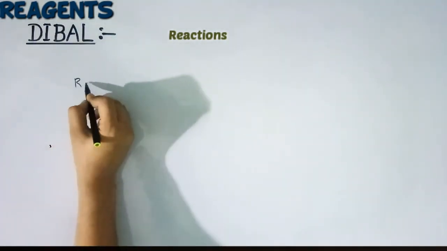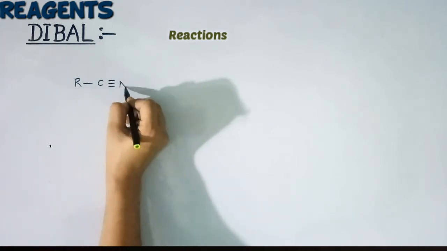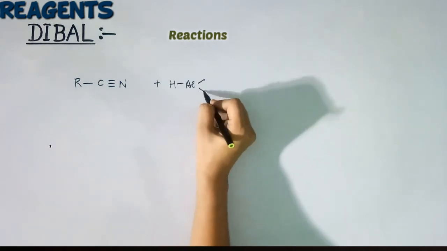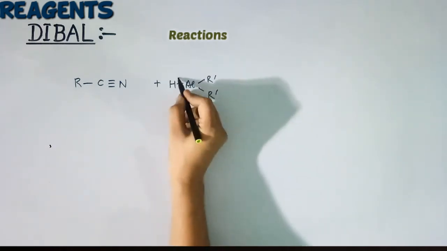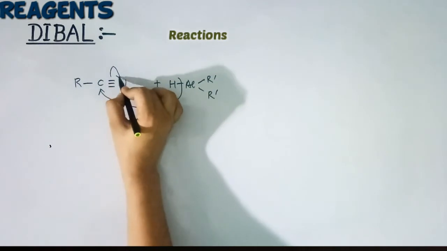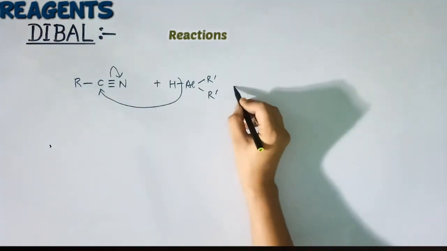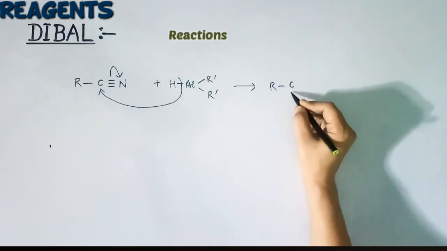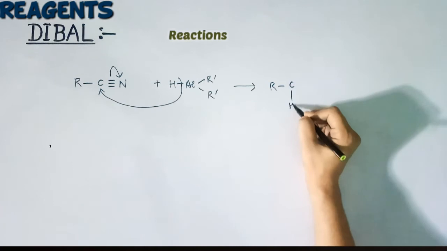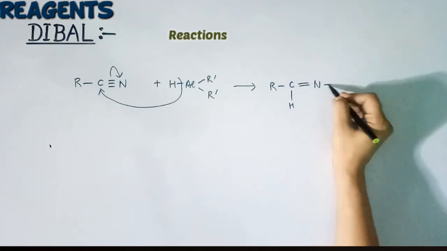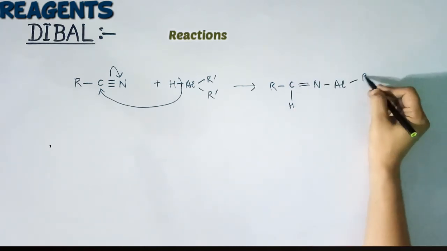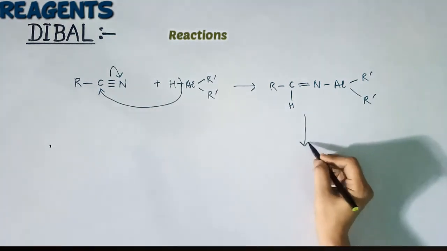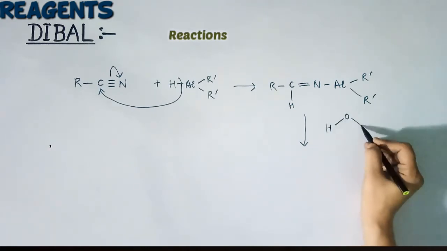So here you have a nitrile and DIBAL. This will act at this position and the bond migrates like this. So this product will be formed. Okay, and this aluminium will get attached to nitrogen. And now when you perform hydrolysis, let us see what is happening here,